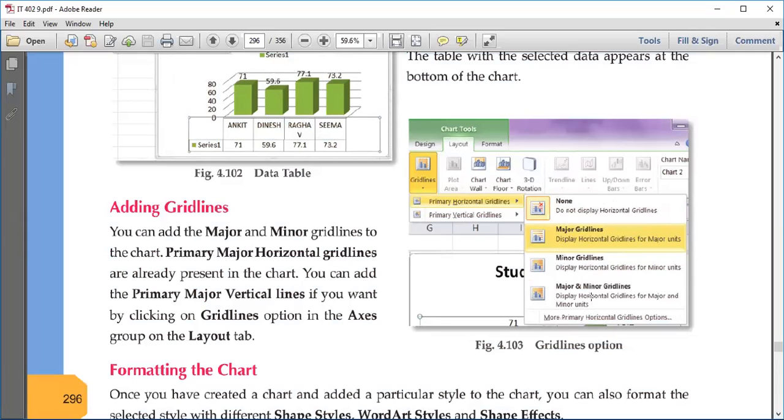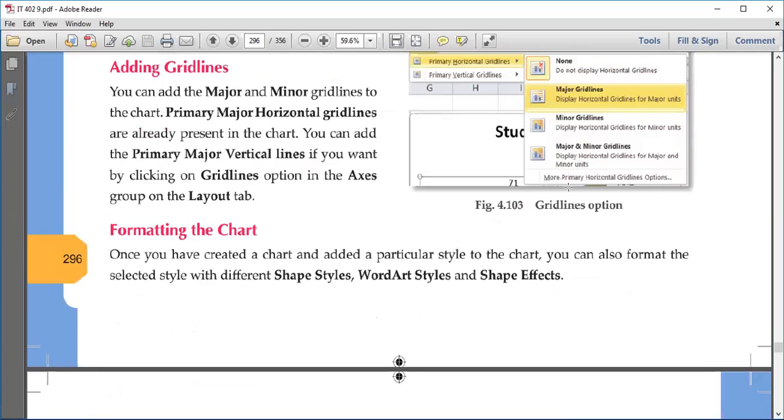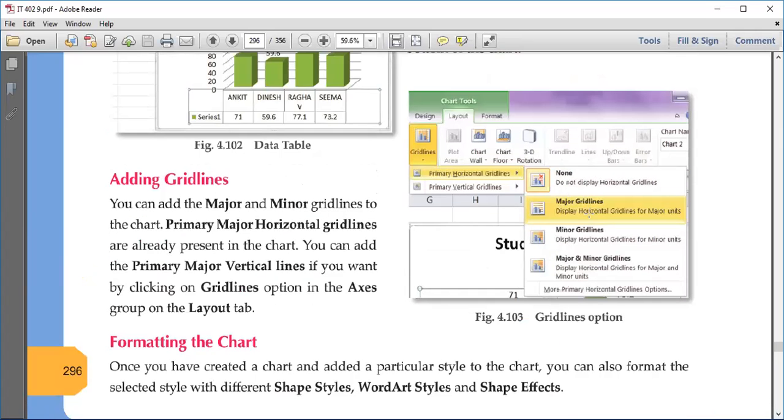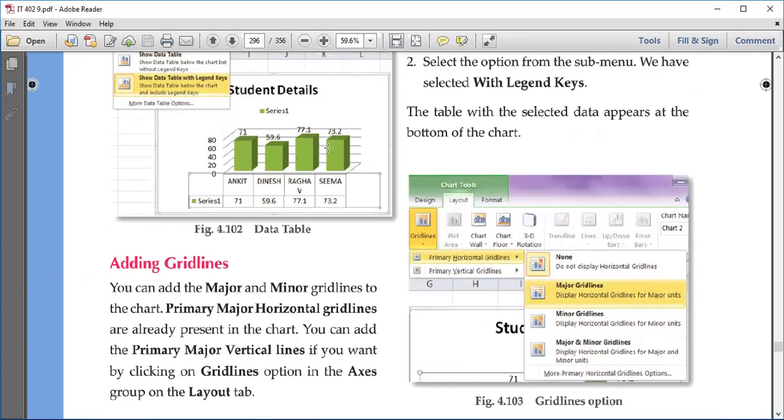ठीक है. Major and minor lines जहाँ पे दोनों दिखाएगा, वो major lines भी होंगी, minor lines भी होंगी, right? तो ये दोनों में फ़र्क क्या है कि major lines में distance जो है लाइंस का ज़्यादा होता है, minor lines में distance कम होगा, ठीक है. And these grid lines can be formed both in horizontal way as well as vertical way. ये horizontal grid lines की option, ये vertical grid lines की option है, और चारों options दोनों में होती हैं, right? If you want vertical grid lines also, then you can use that also.